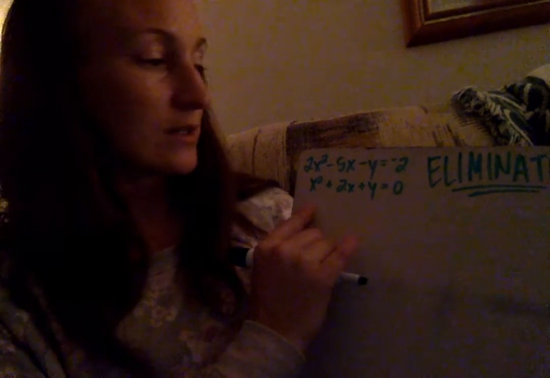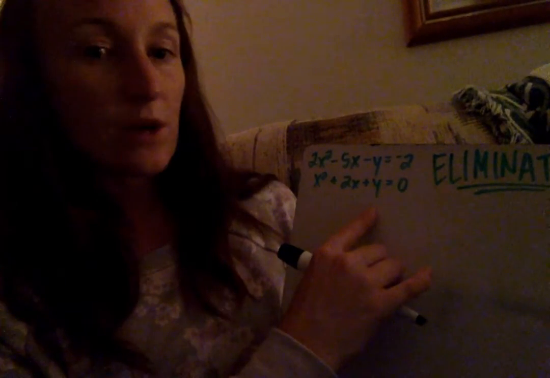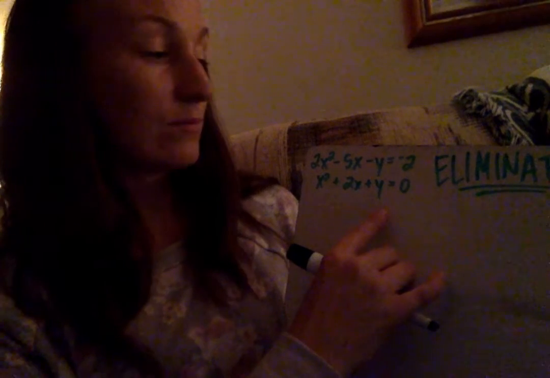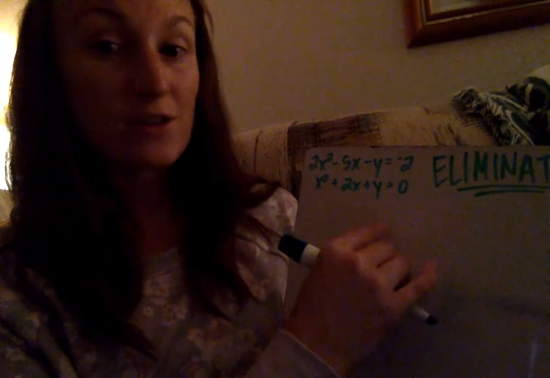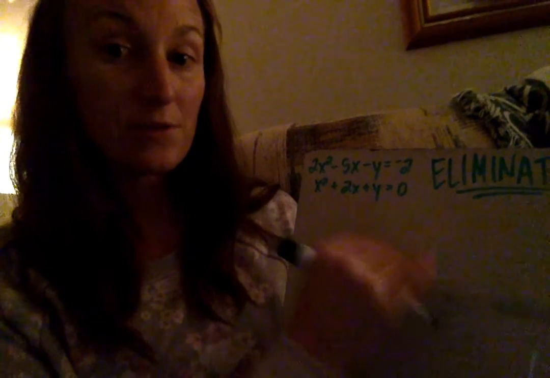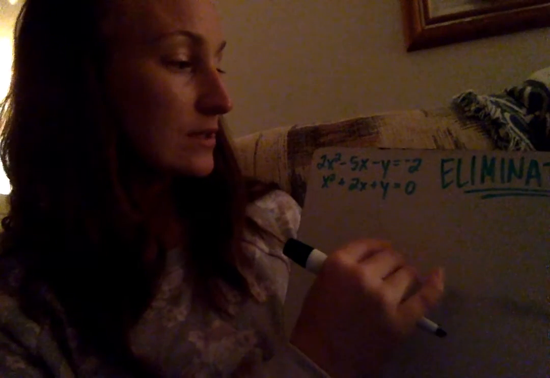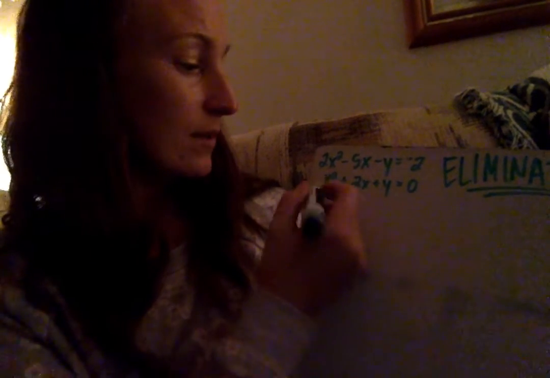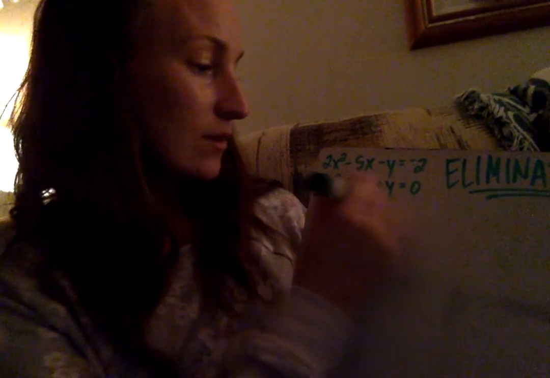See here we have two x's. So if we're trying to eliminate these y's, remember it's always awesome when the signs are opposite because then you can just add. Signs are opposite, you add. Signs are the same, you subtract. So in this case, my coefficients are the same and my signs are opposite, so I can go ahead and